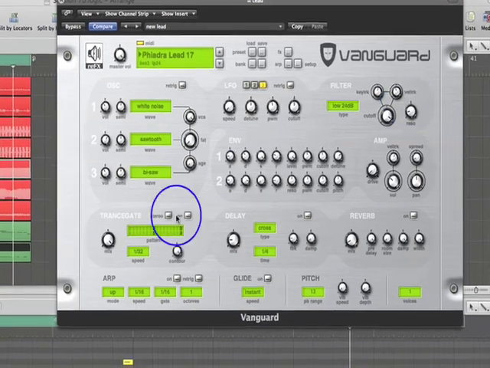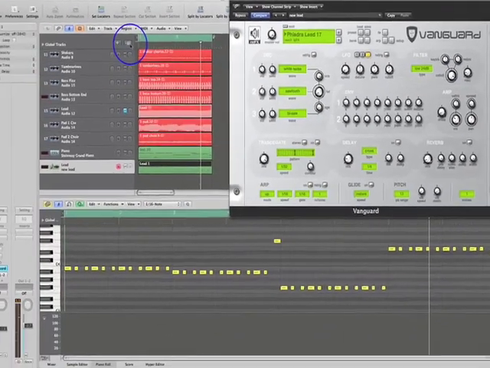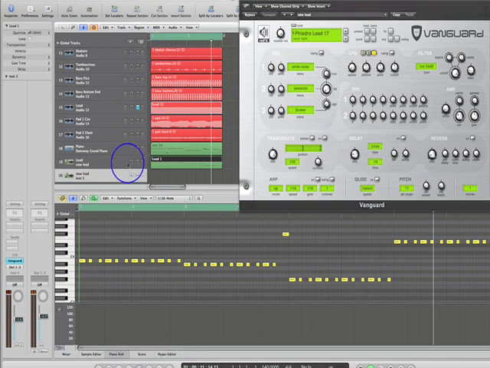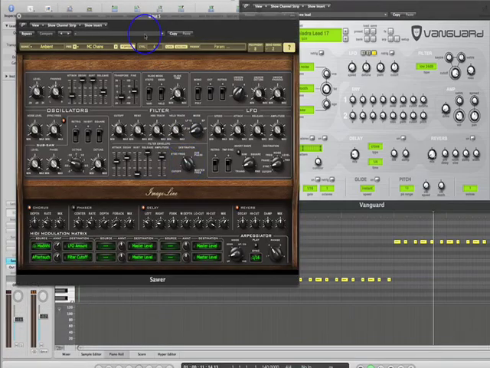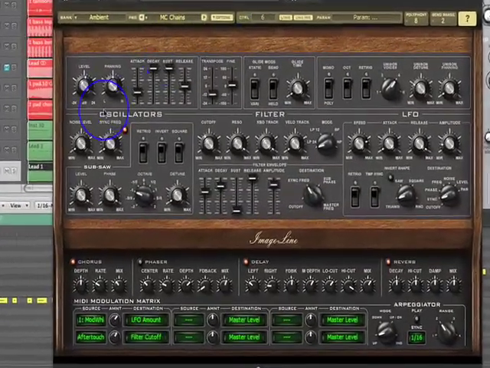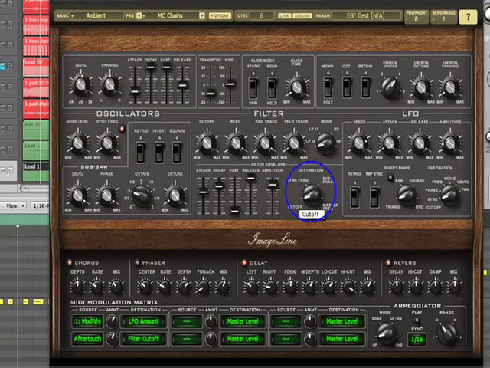This can provide the top end, so we'll copy this down. Just copy that down there. And we'll call up the Sawyer. Right, let's get this under some control. Let's bring this resonance down.